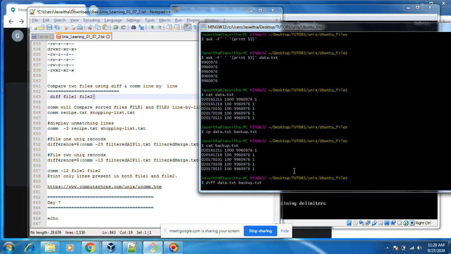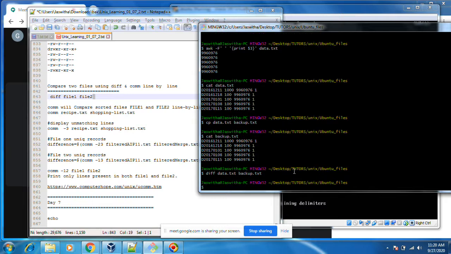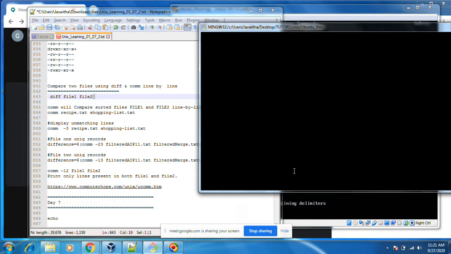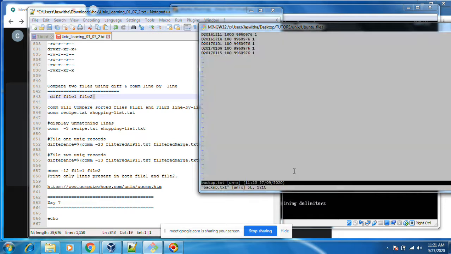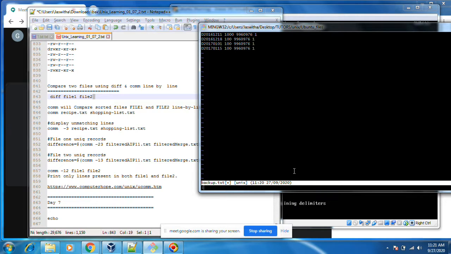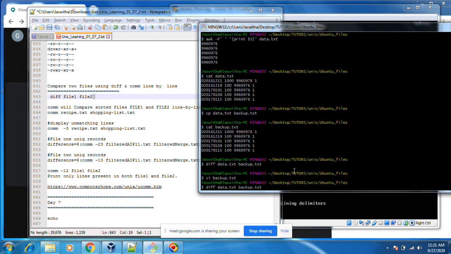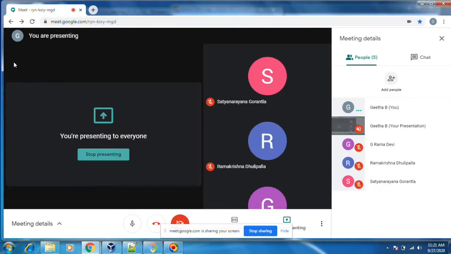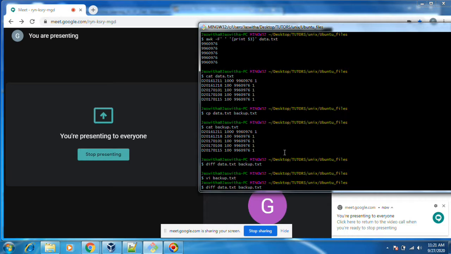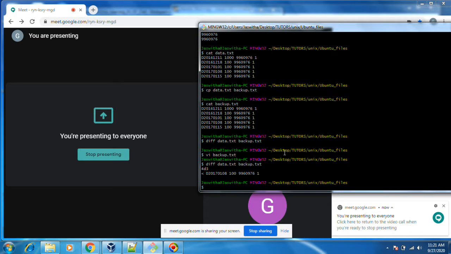If the data is similar, we won't get any output. Suppose I remove one line, just this line, and I want to check the difference.